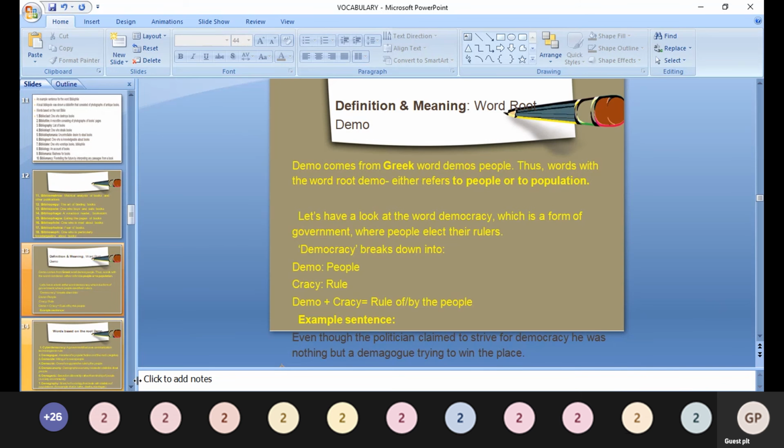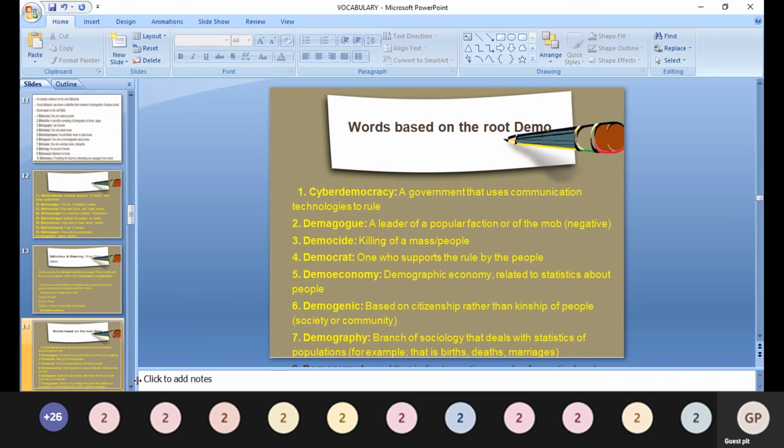Next slide. Words based on the root demo. Cyber democracy. Now you know what cyber is, like cyber crime. It is something related to technology. So it is a government that uses communication technologies to rule. Demagogue, a leader of a popular faction